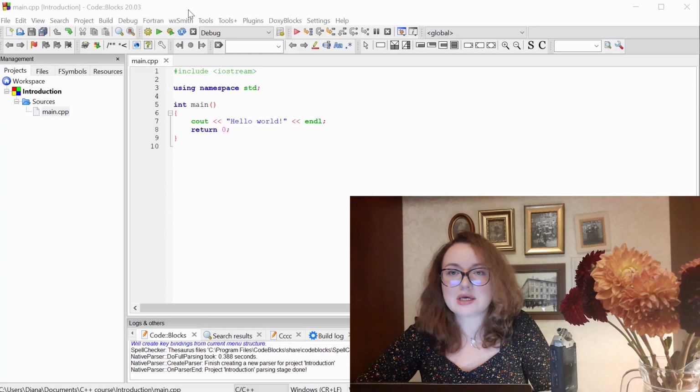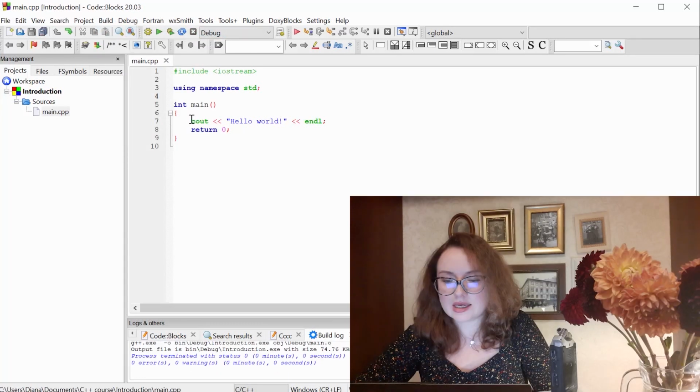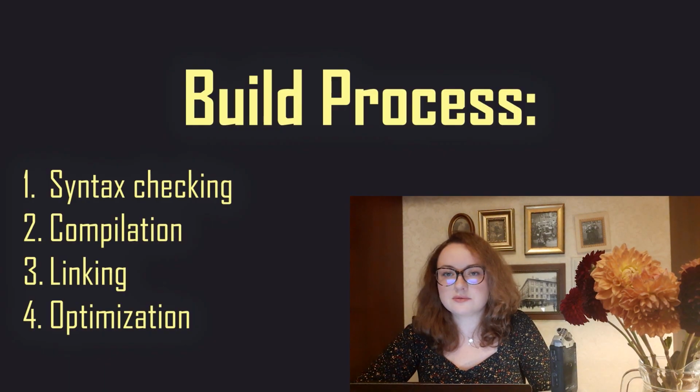For this purpose I need to first build my program and then run it. Here you can see the Build menu. So let's press the Build button. And you can see that our program is successfully built. So what's going on when we build our program? Basically, when we build our program, we check it for errors and compile it with the compiler, so we translate it to executable code for our computer.